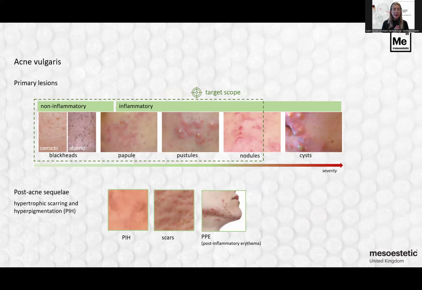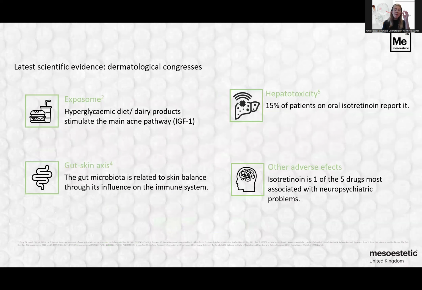So when we're looking at acne vulgaris, we've got to put it into a category or a grading system. So we've got non-inflammatory and inflammatory. We've then got blackheads, papules, pustules, nodules, and cysts. So the target scope of what we're looking at is from blackheads up into nodules. Okay. Post acne, we see a lot of scarring, post inflammatory hyperpigmentation, and post inflammatory erythema. What we don't want to be treating is someone with fistular acne. So